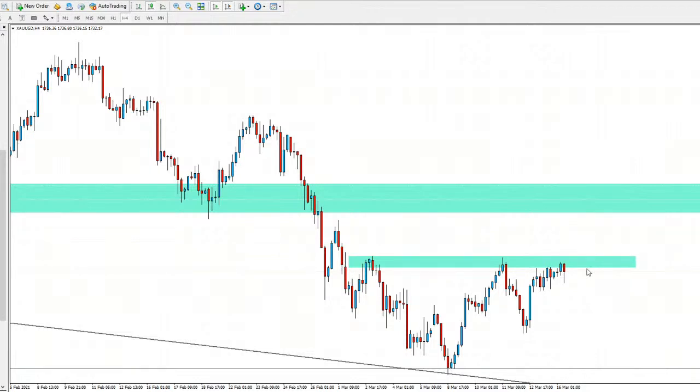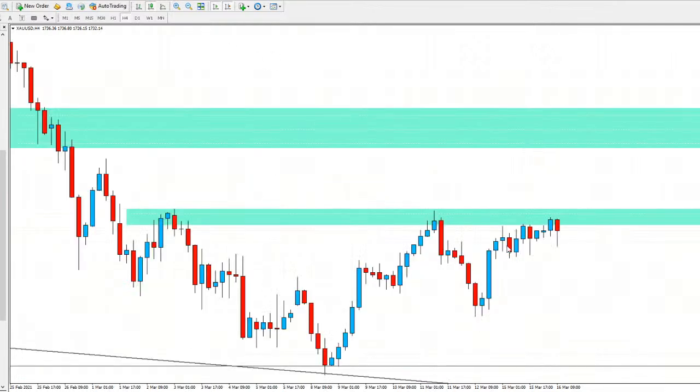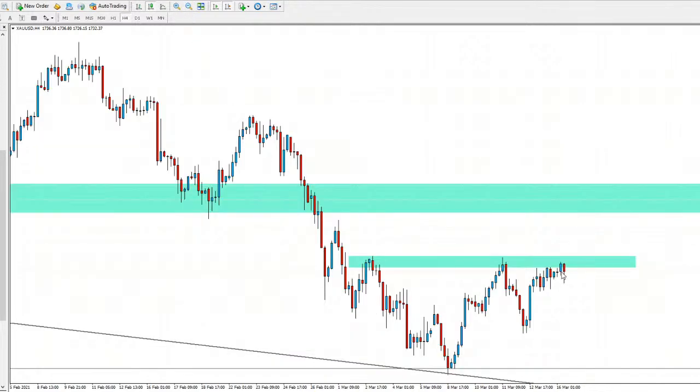So right now it looks like we're running on momentum. As you can see, we've had that big push to the upside there in the 4H. Ever since then we've had those small body candles, a lot of indecision around this area. So it's telling us that price is losing momentum as it's coming back into this strong level. And if you want to see price break this level, you want to be seeing much more momentum than that. So if we do hold this level here again and see another push to the downside similar to the price action here, I think we'll probably see price come all the way back down to the lows